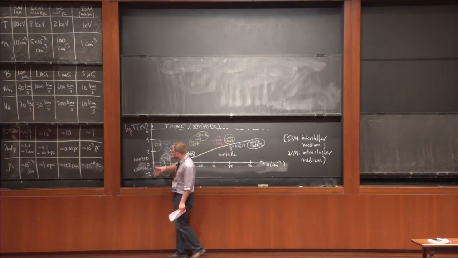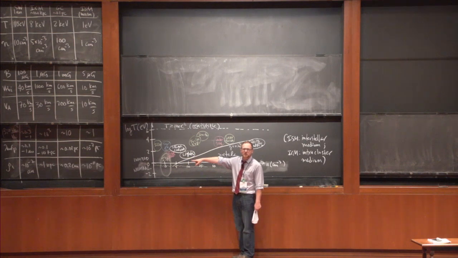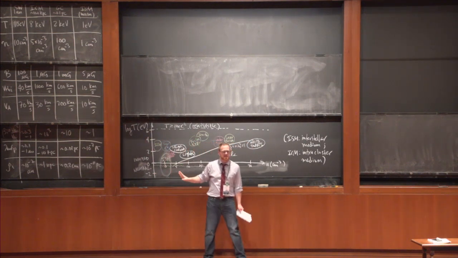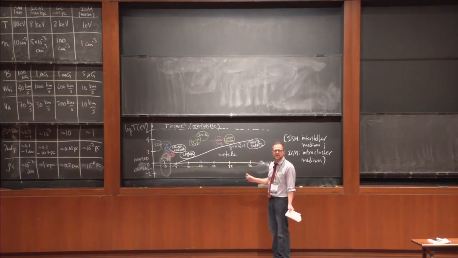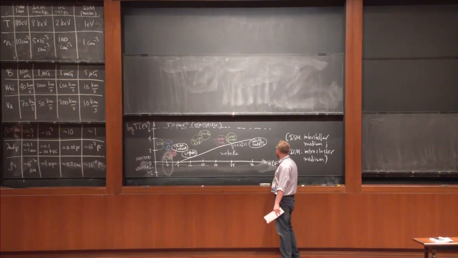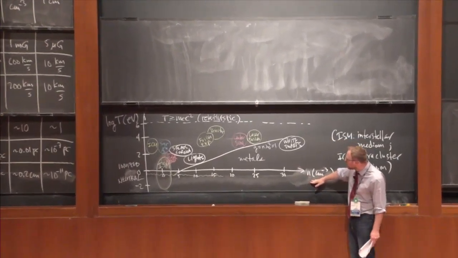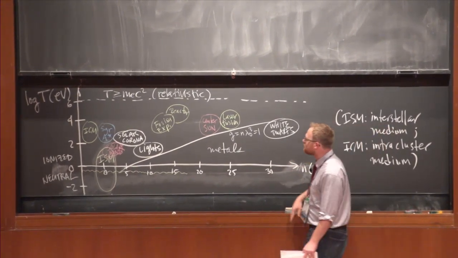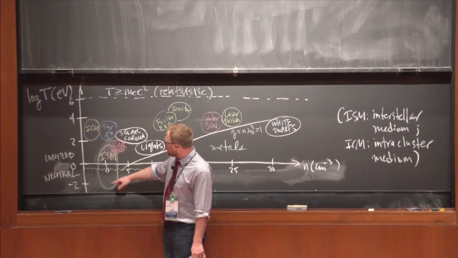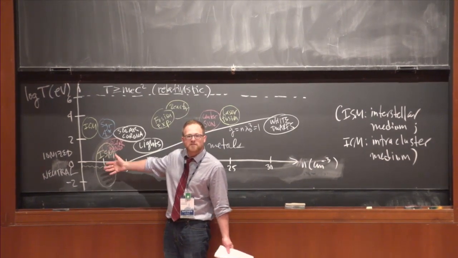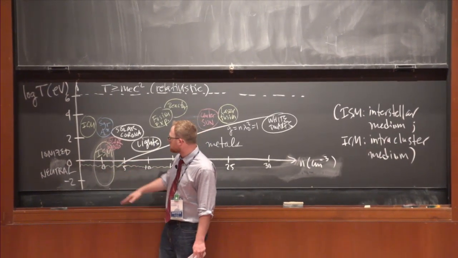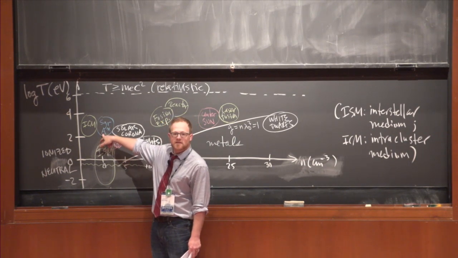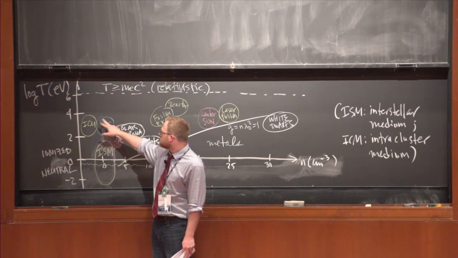Here we've got a range of 8 orders of magnitude in temperature, which, with apologies to Boltzmann, the constant's gone. So all the temperatures are just T, and they're in energy units. And this is 35 orders of magnitude in density. The interstellar medium straddles the line between an ionized plasma and a poorly ionized plasma. It's got a lot of neutrals. Here's the solar wind. If you go to the galactic center, Sagittarius A star lives about here in this space.